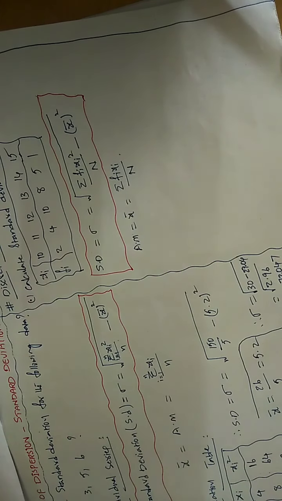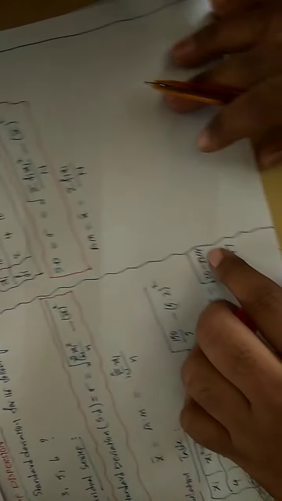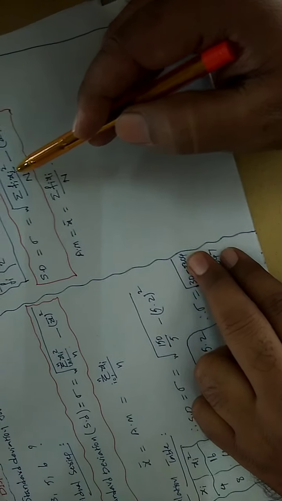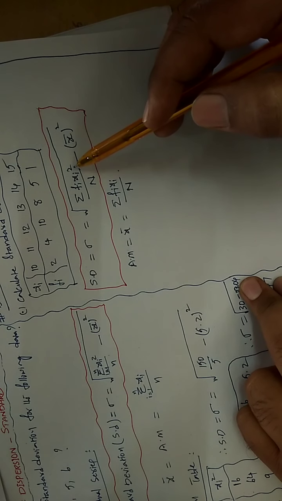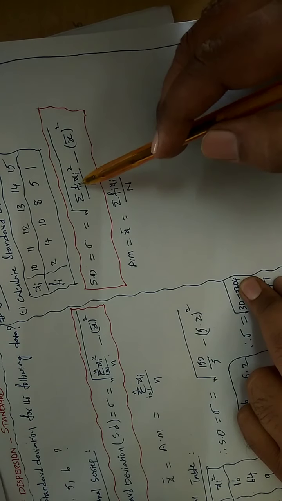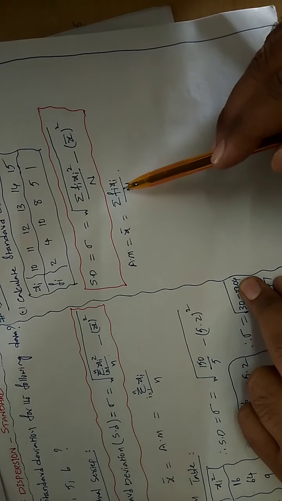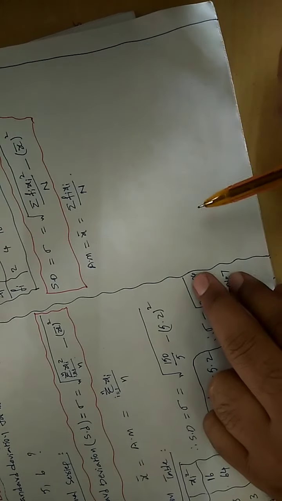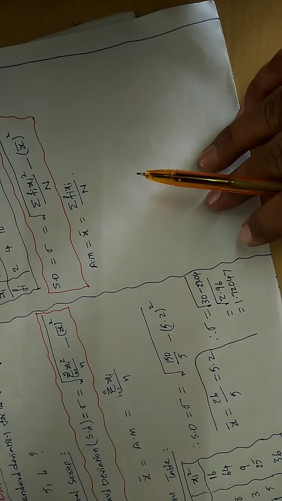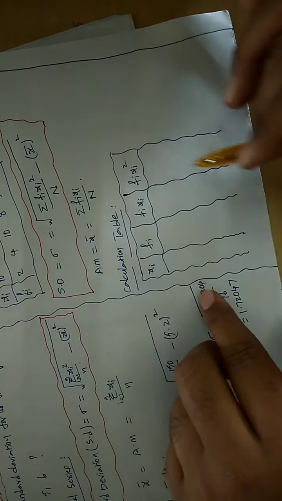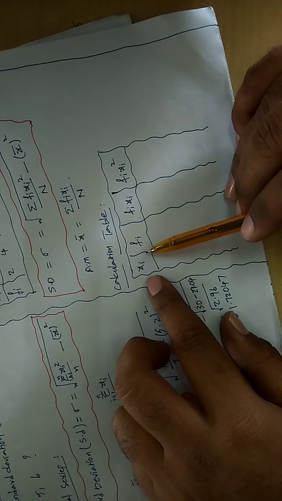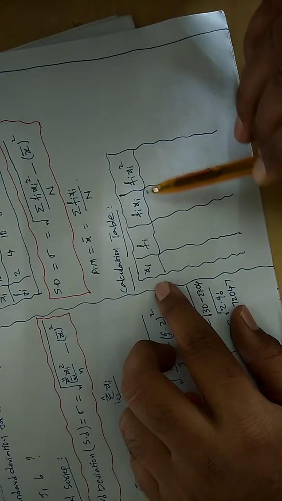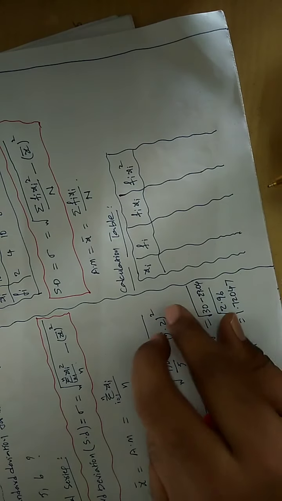Now what is the thing you need to do? Next we go for calculation. For that, what is required? You require the square term of the variable, and the product of the square with frequency, and also one more term, fi xi. So these columns you are going to open now. This is the calculation table. See the columns, whatever is required for the substitution in the formula, those columns only I have opened here. You need not memorize the columns of the calculation table.